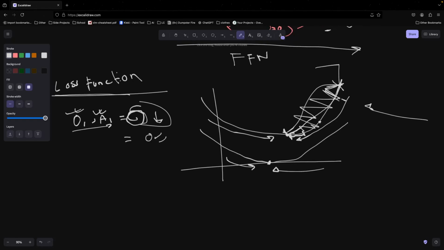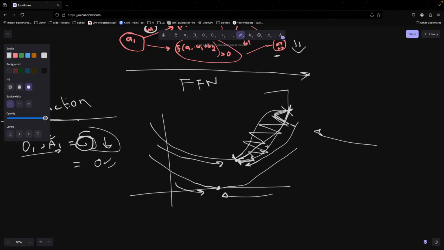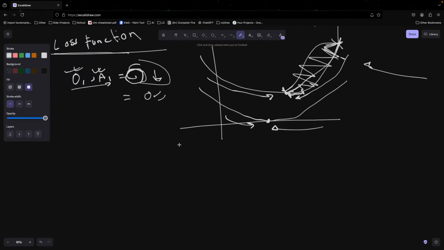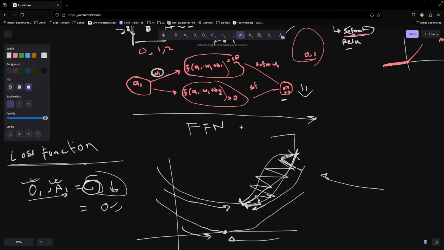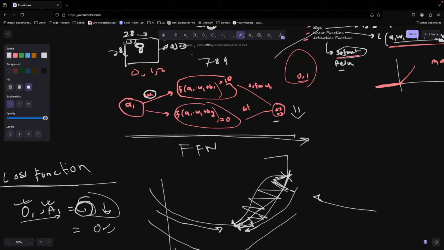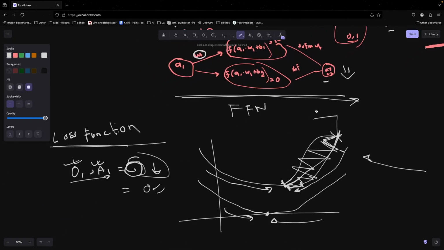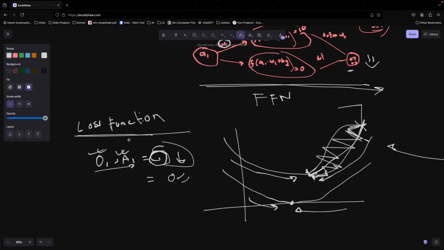Well, that is essentially controlled by something called a learning rate, and the way that can be more controlled is by doing some sort of hyperparameter tuning. All of that can be dived into further. But let's just quickly summarize what we have right here. We have a neural network where we initially guess what the weights and biases are, and then we use something called a loss function along with gradient descent to basically take what we have guessed,